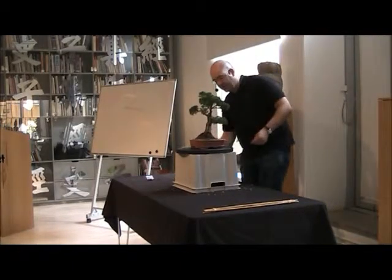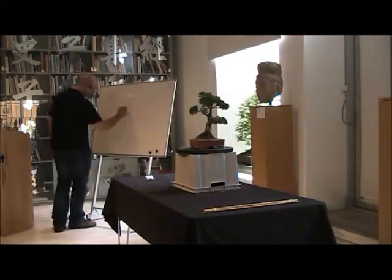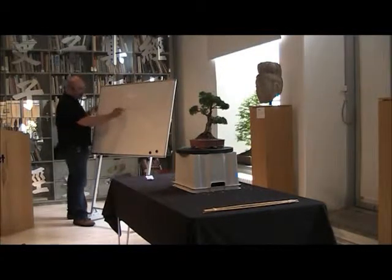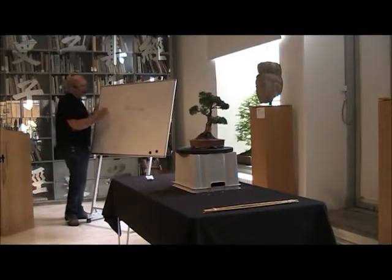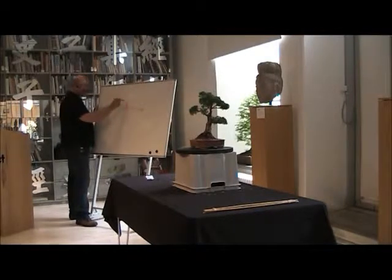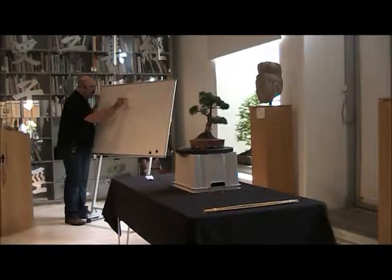I'm creating dust, which will sink to the bottom of the pot, which is why this drainage layer is very important. Because you've got your holes, and any soil that comes down will go to the bottom and find its way out. Any dust that comes out will find its way out then. If all the particles are the same size, it won't do that, it will clog. And then next is your medium-sized particles. Okay, and then finally your finest size. Okay, so it gets finer as you go up through the pot, and grading the soil is very, very important